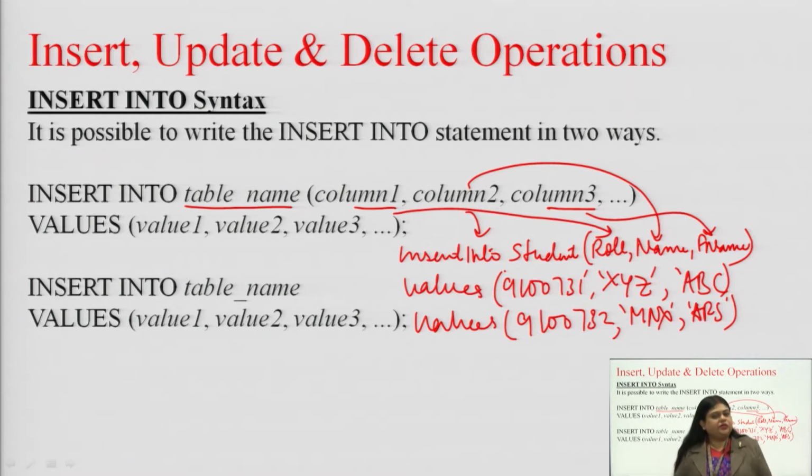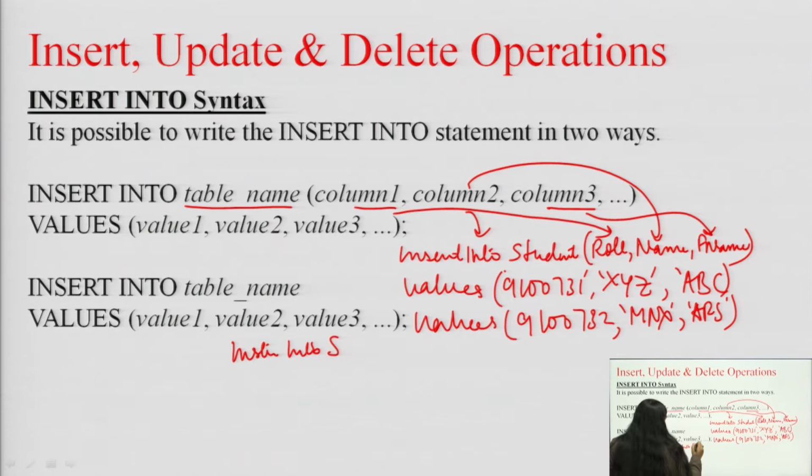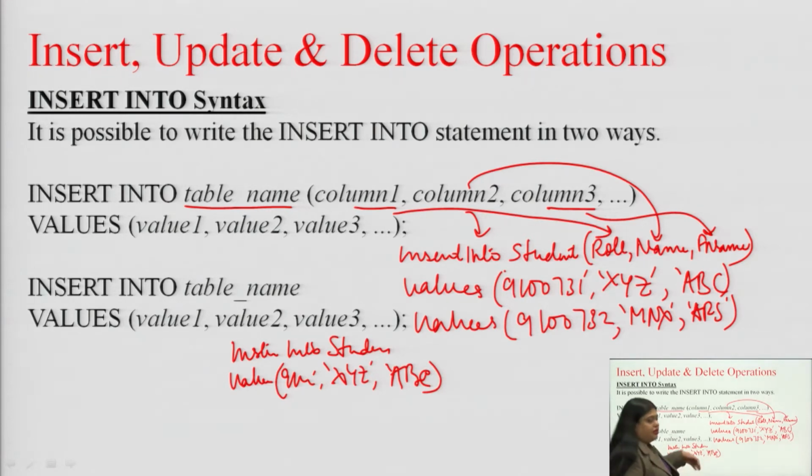Now, let us come to the next way through which we can insert values into the table. In this way we cannot change the sequence in which we are entering the values. So, this is simple: insert, table name, and then we specify the values. Using this method, it is going to be insert into student, and then we will specify the values like the roll number, then the name, then the father's name, and so on. But what is the difference?